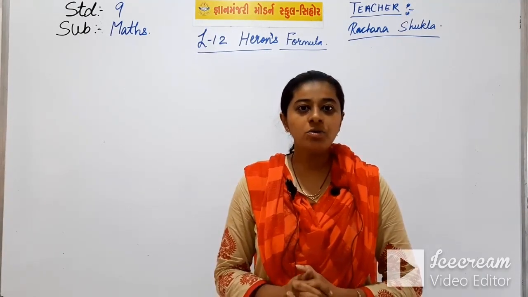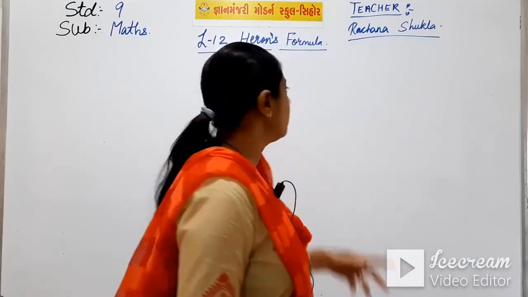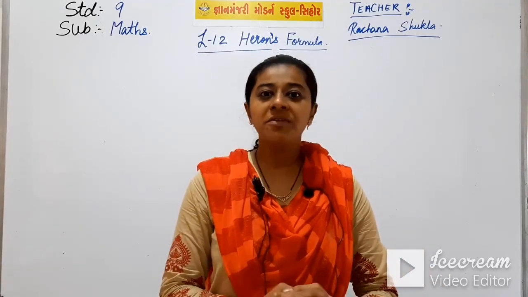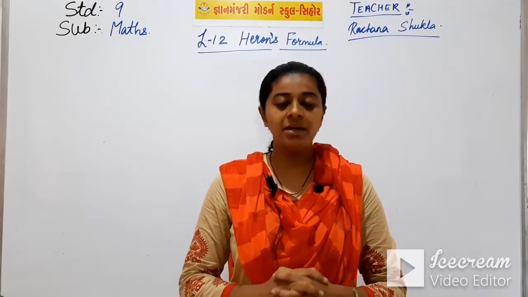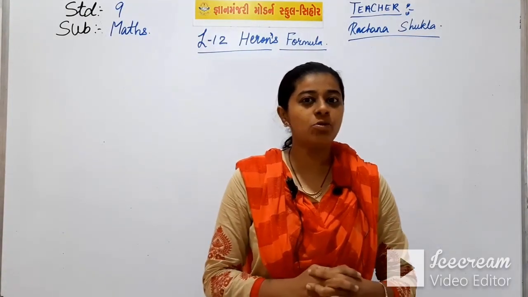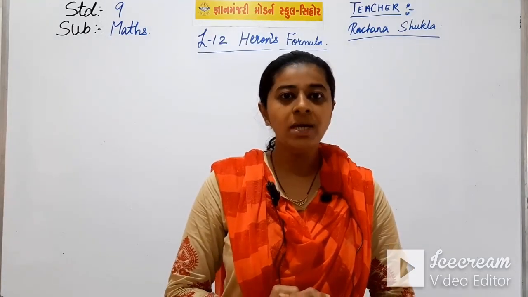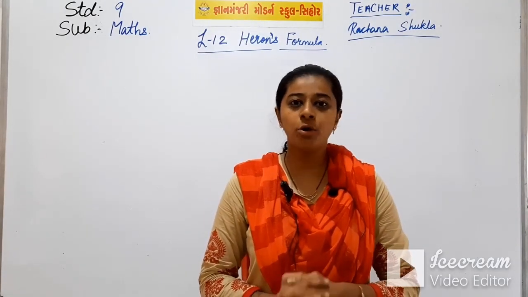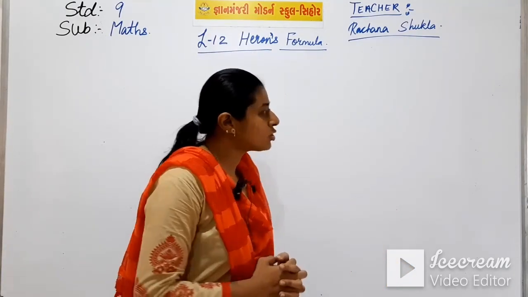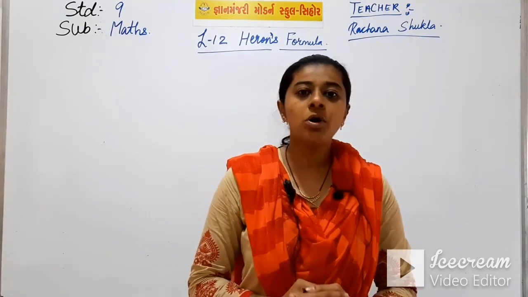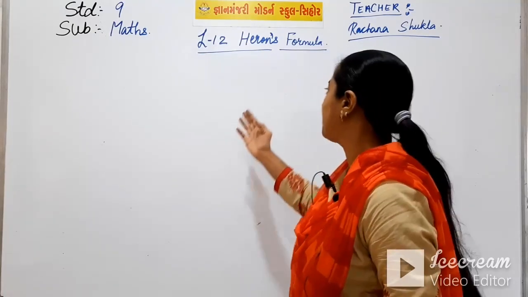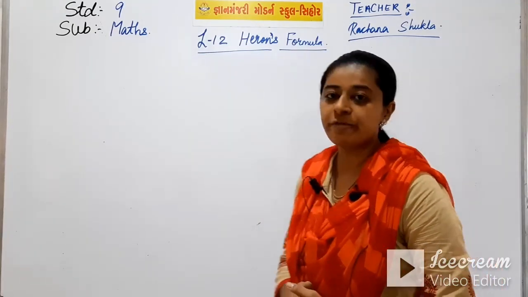Today we are going to start a new chapter, that is lesson number 12, Heron's formula. In the previous parts, we have already completed two chapters. The first we studied about probability, and I am very happy that you students are doing very well from home, completing and submitting your fair books, your homework timely. Then we also studied about statistics. So we have completed two chapters in maths, and now we are going to start our third chapter, that is lesson number 12, Heron's formula.